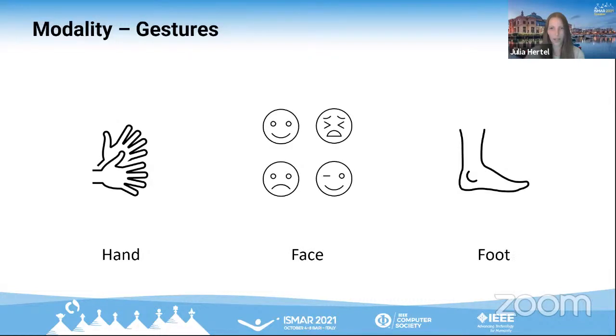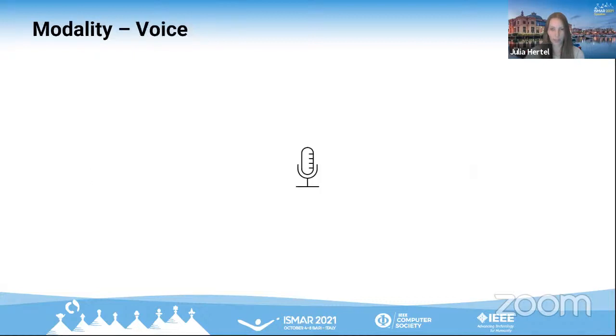Gestures cover interaction modalities where movements of a user's body are used as an input. Hand gestures are the most commonly used ones and are seen as a natural and intuitive way to provide input. We also found one occurrence of a face and one of a foot gesture. Furthermore, we encountered the modality of voice, which can be used in AR applications, since modern devices and platforms often